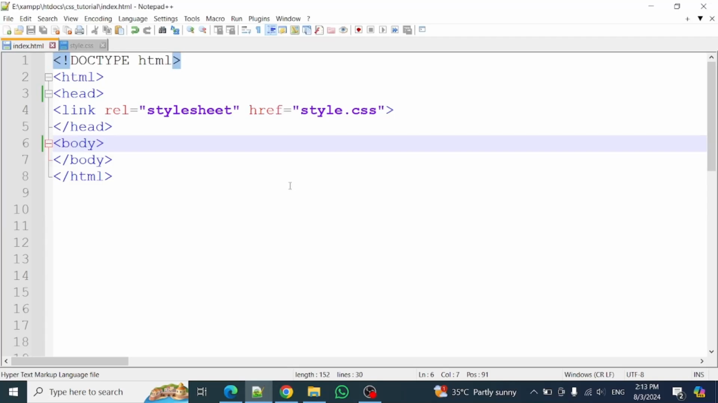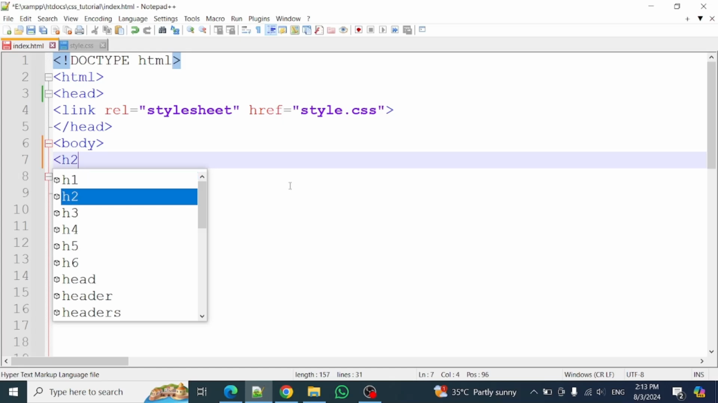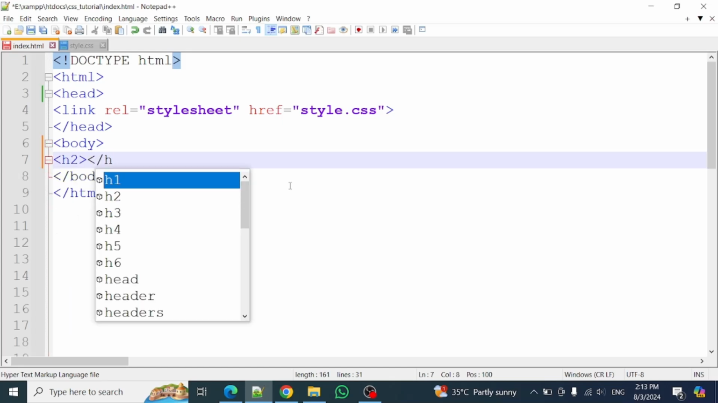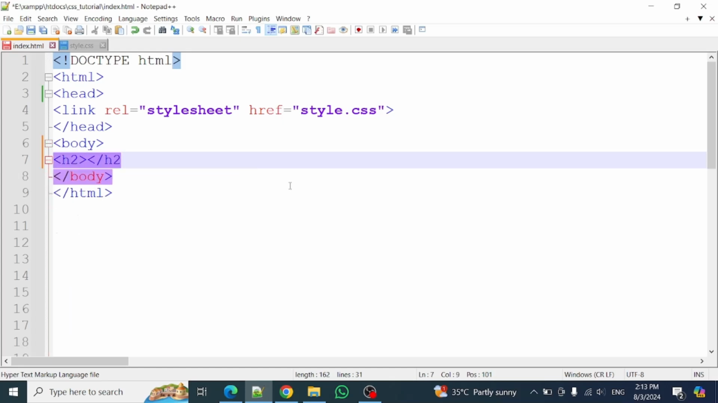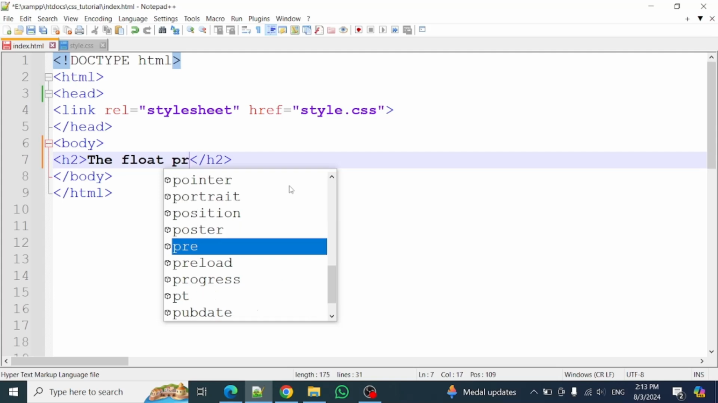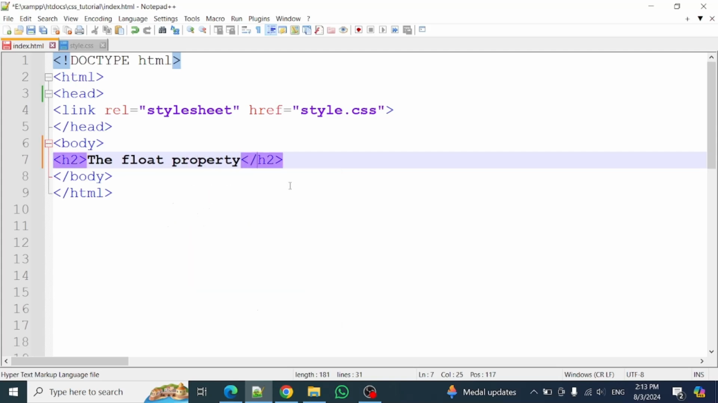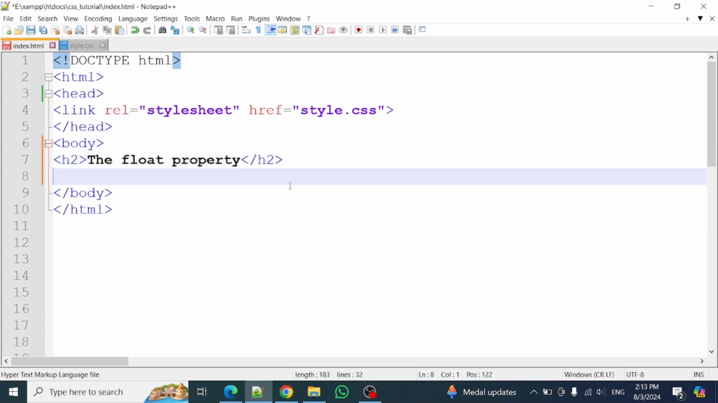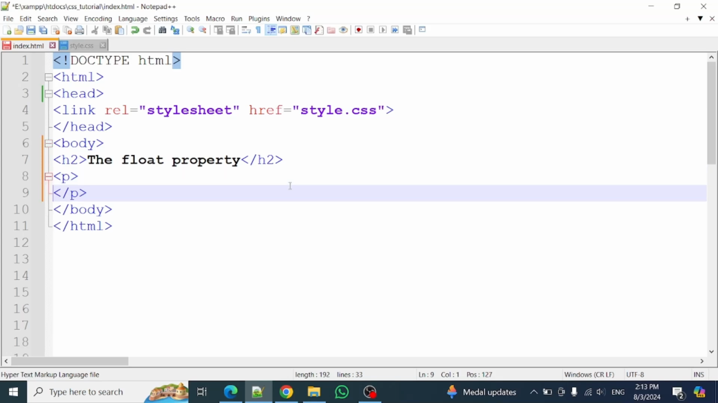Hi. In this CSS tutorial, we will learn about the float property. Heading level 2, open tag and close. Heading level 2, heading. Underneath heading level 2, we will use a p element, open p element and close p element. In between p elements, we will use an image tag,